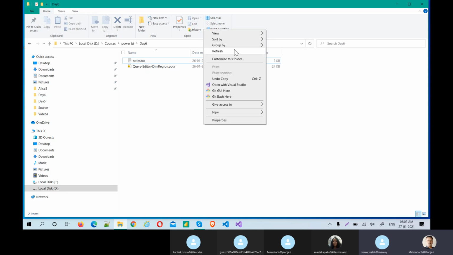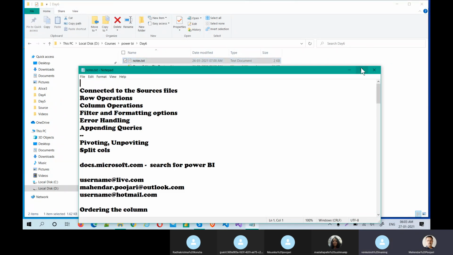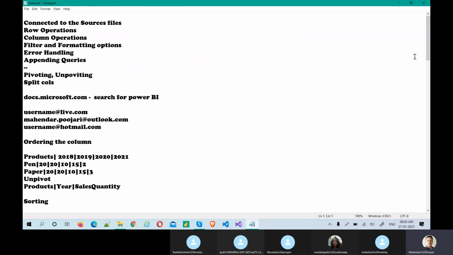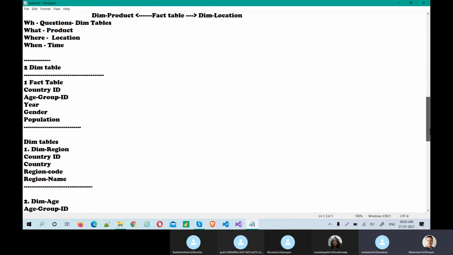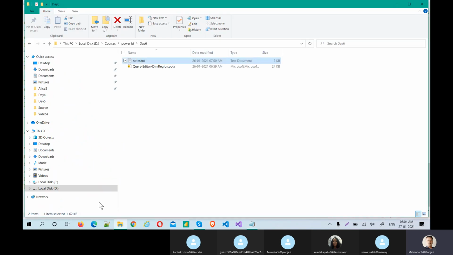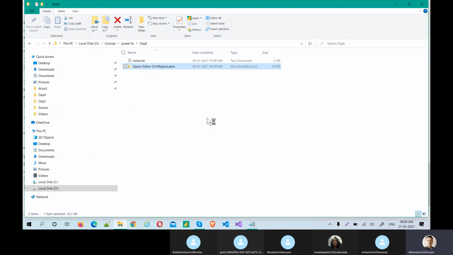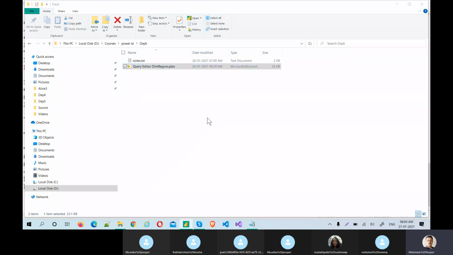So we are in the 6th day. Just to recap, we are trying to create our own data model. Yesterday we tried to create the dim region. Let's see, yesterday we saw that there are some data quality issues. Let's fix it and go and create the dim age group table. So this is the agenda, and if time permits, we can also create the fact table.